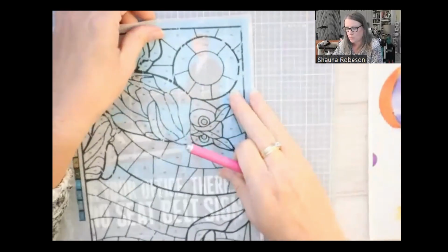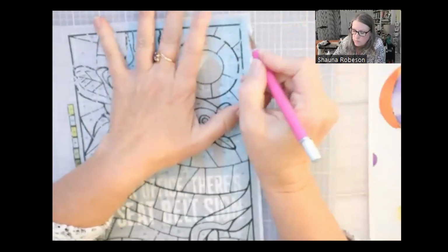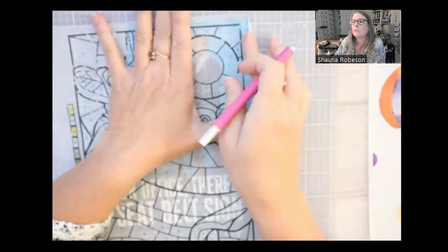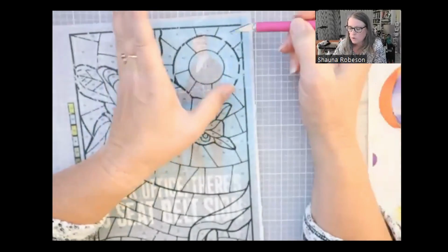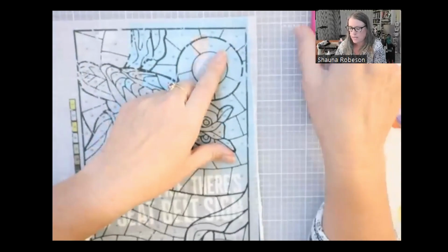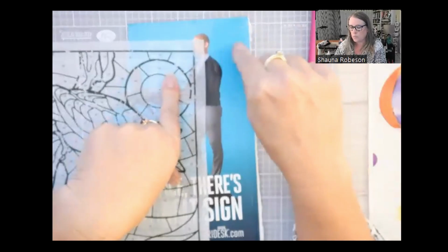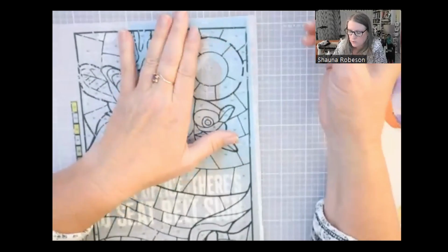We'll see how this goes. But the idea is that I'm going to, following these lines, cut out that shape of my material. Now you could, if you want and you had time, cut this shape out first with scissors or with the blade, and then hold it onto the page and do it that way. I'm going to try it this way first and see if this works,